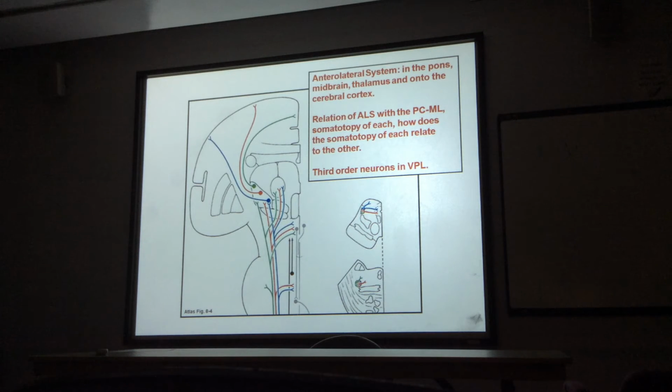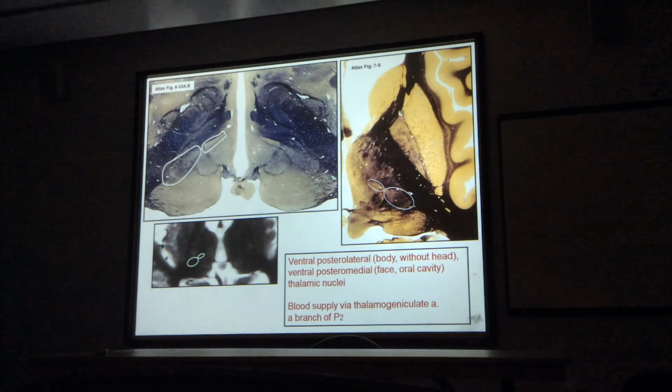When it tilts up because of the incoming red nucleus and decussation of the superior cerebellar peduncle, the lower extremity is up here, and the upper extremity is down here. So it pulls the somatotopy back within the pathway, and we need to understand that now in both of these systems, but not in the ALS in the